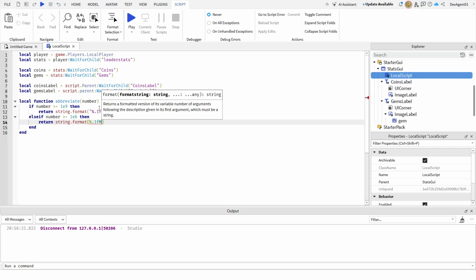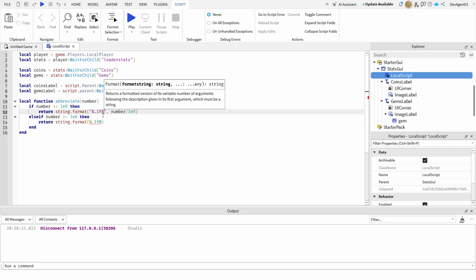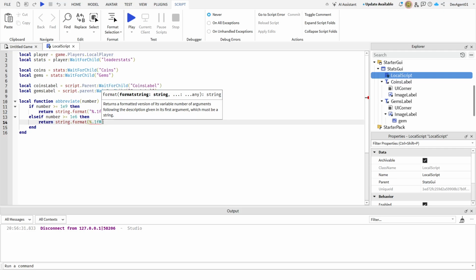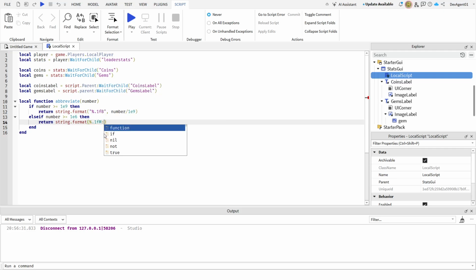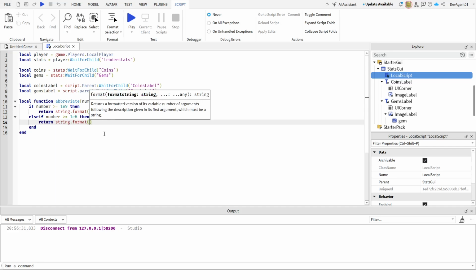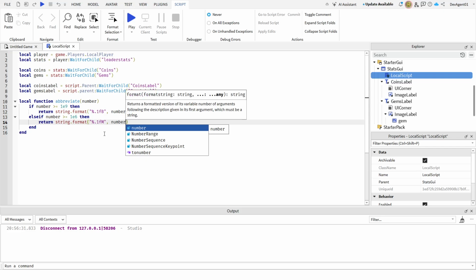If you want to make it go into the trillions and quadrillions and whatever, you can say T here and QD or whatever. I'm just going to go up to the billions. Hold on, let me fix this real quick. So "%.1fM", comma number